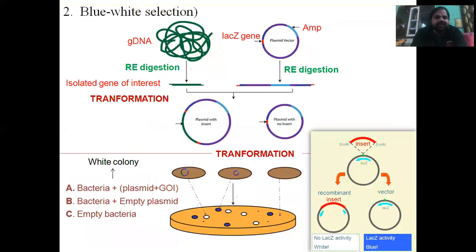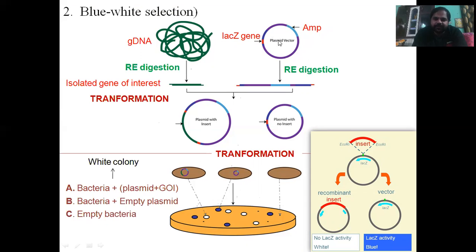The second method is blue-white selection. Now we can see here the structure of this plasmid is somewhat different as compared to the previous one. In the previous selection method, there was a tetracycline resistant gene. Now this gene is the LacZ gene, and this LacZ gene is producing beta galactosidase, and there is an ampicillin resistant